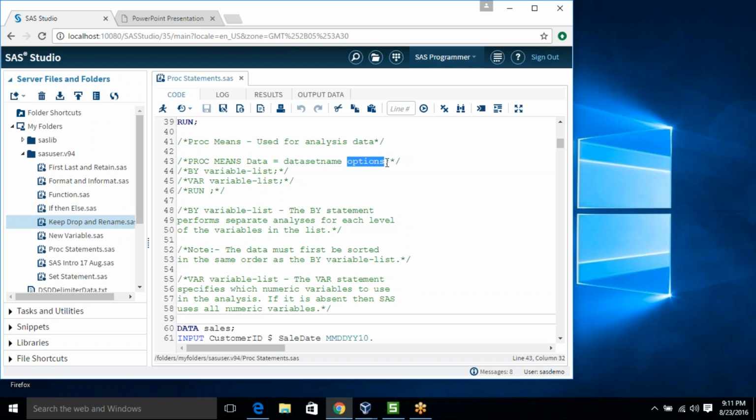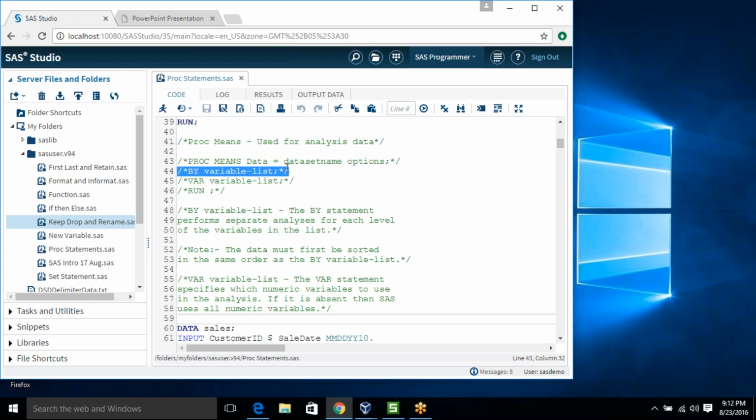After that we have to specify by. By basically says on which level of a variable we want to do analysis. Just assume that you are using sales data. One customer can have multiple entries.